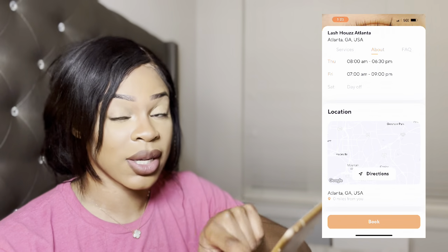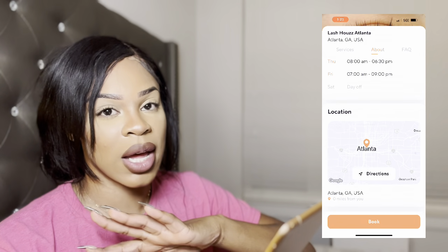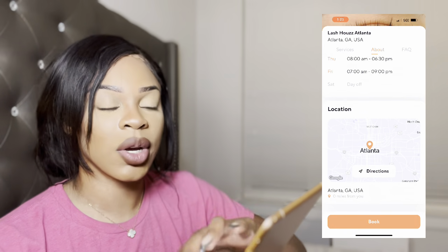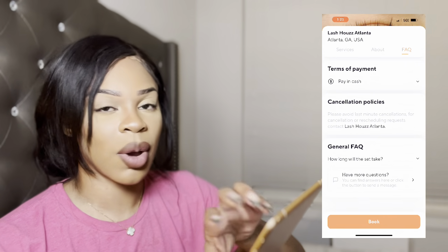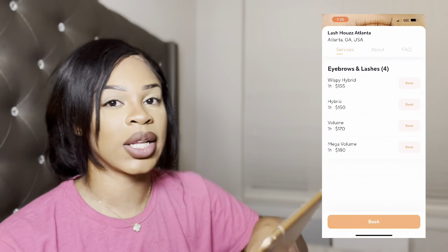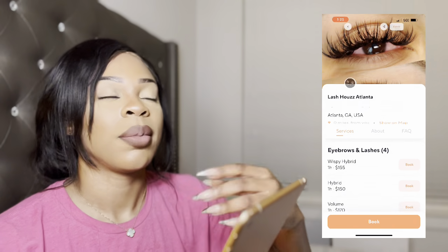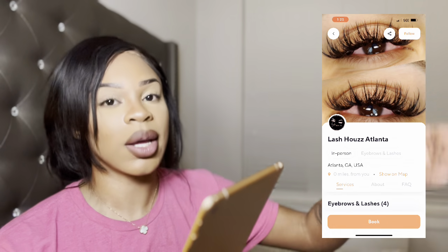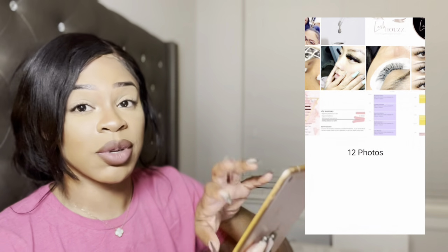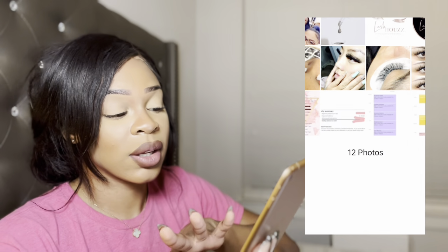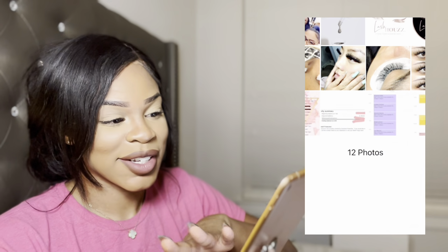If somebody pays a deposit on here and you have a no-call, no-show policy of I'm charging that card for the full balance, you're gonna get the full balance, as well as if somebody tries to file a dispute, these people are handling it. You don't have to show proof or anything like how you have to do with Acuity. You have to basically file a claim and go against them and their bank and wait 3 months. It's a lot of work. So right here, you don't have to do that, as well as you already get the automatic texting and reminders with the $25 package.